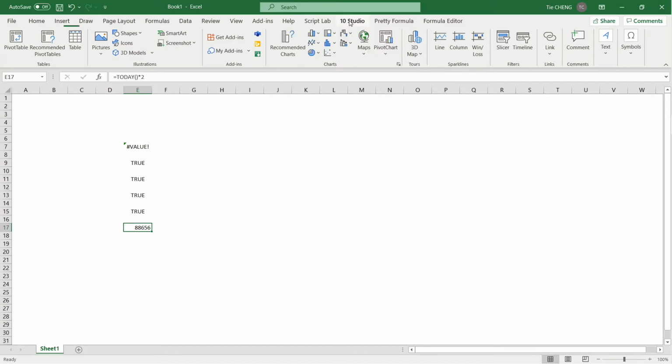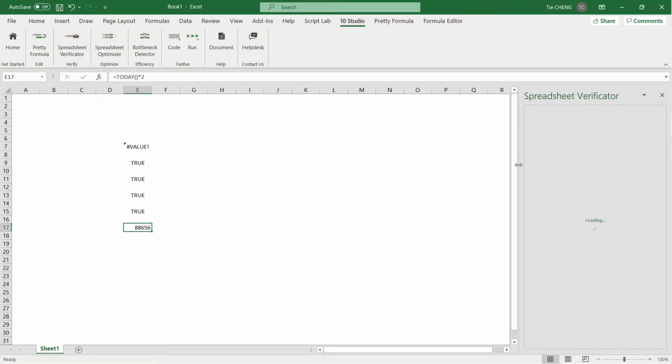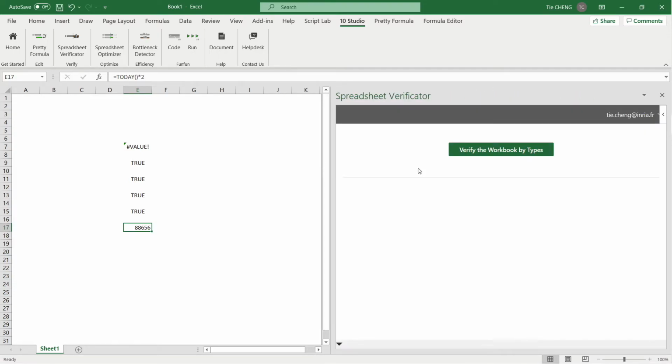Here you see a menu TenStudio. Then there is a button Spreadsheet Verificator. Click on that. On the right-hand side, you can see a task pane. In the task pane, there is just one button, Verify the workbook by types. Let's click on that.